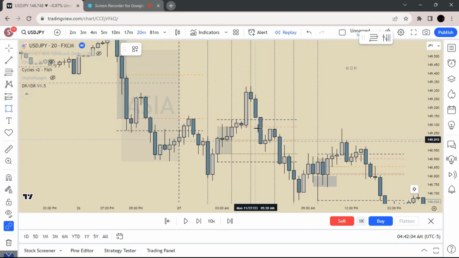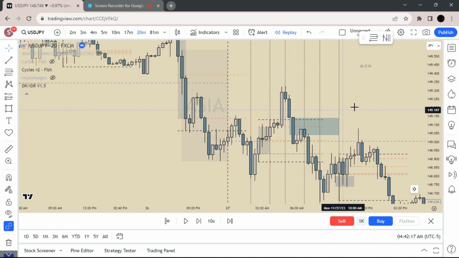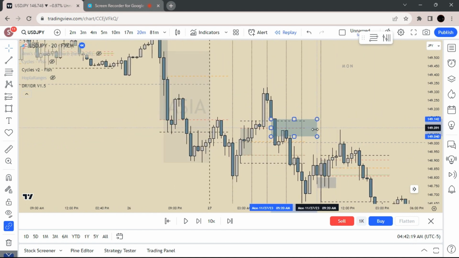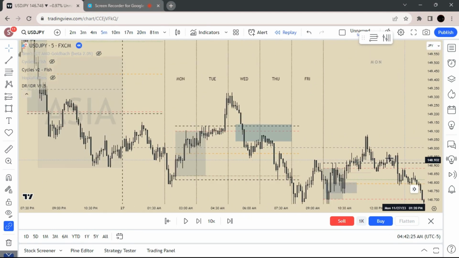And then, like I said, you just want to be using fair value gaps. And I use, remember, 17-minute, 10-minute, 20-minute, and 81-minute. So like in this case, there's a fair value gap here, here. There's one here that holds. So like if I go here on the higher time, this is the 20-minute time frame right now. If I go back down to the 5-minute,